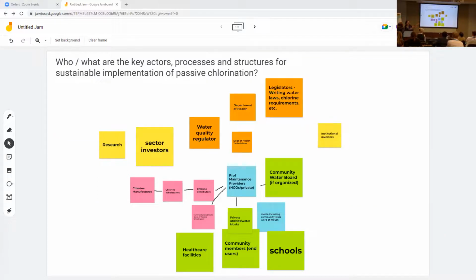This is what everyone online has been working on, so I just wanted to put that out there. They have had a really difficult challenge. Of course, they're not in the same room together. They're messaging on chat and doing this quite independently, but this is what they've come up with. One piece I really want to highlight, what I really like, is that research has been thrown in there, because I think often as researchers, we forget that we are part of these systems, and we should really question what our role is. Thanks to those online for making the effort to do this. And then maybe I'll start with the group at the back, because I just see an impressive number